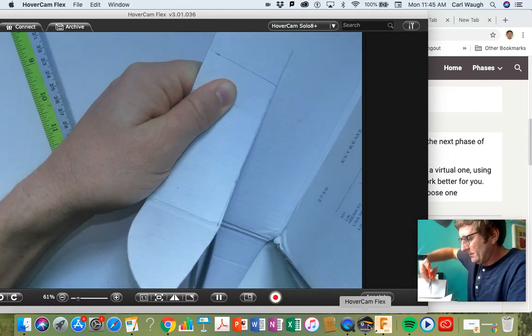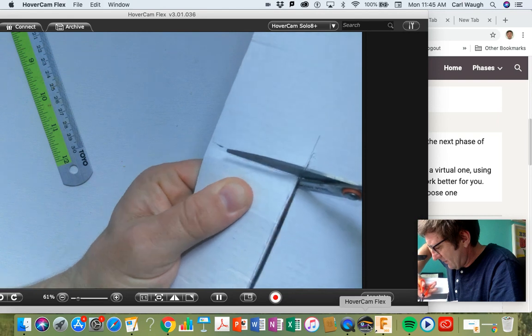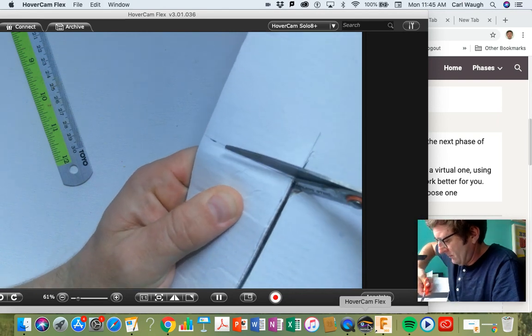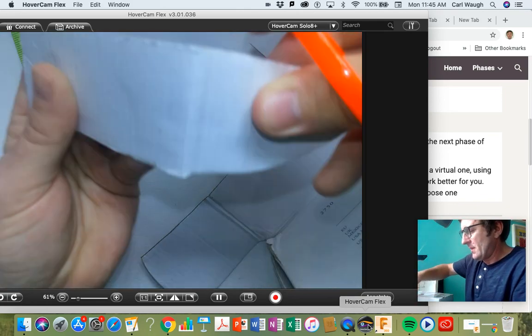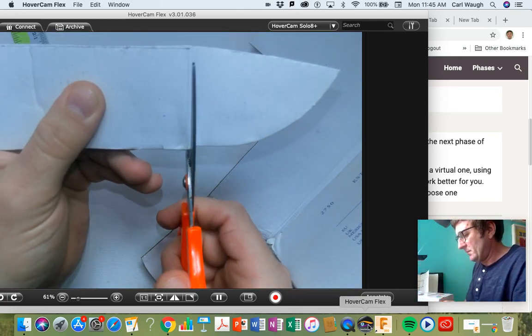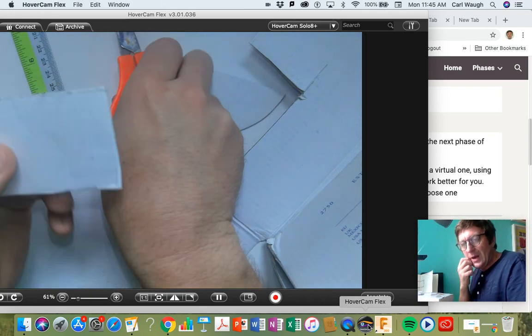Cut this piece out. Nice and accurate on the lines I've done. And there's my other wall that I need there. Okay, so what I'm going to do now is pause the video and I'm going to cut the rest of